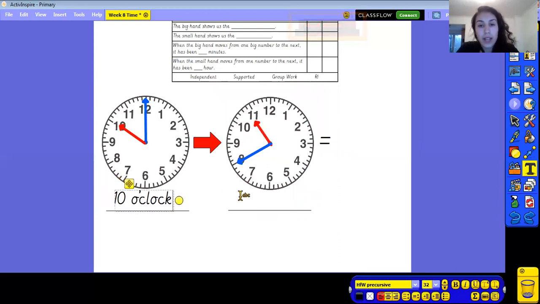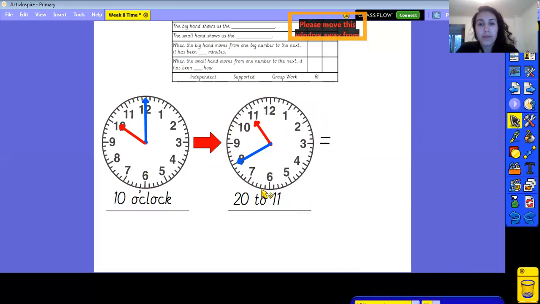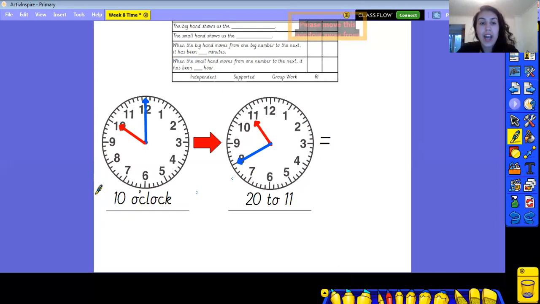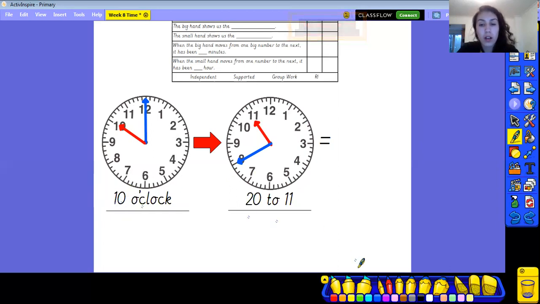And we can see the time here. The minute hand is on the minutes-to side, so that means we count backwards from the o'clock. 5, 10, 15, 20, so it's 22. Where's the hour going to? It's going to 11, so 22 to 11. Now once again, it looks like it's changed hour because it's gone from 10 o'clock to now 22 to 11, but